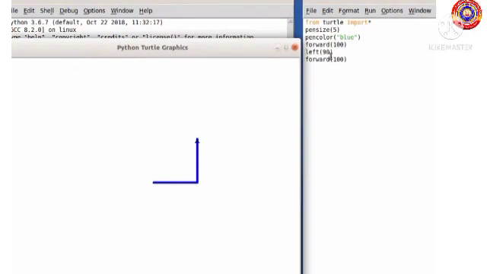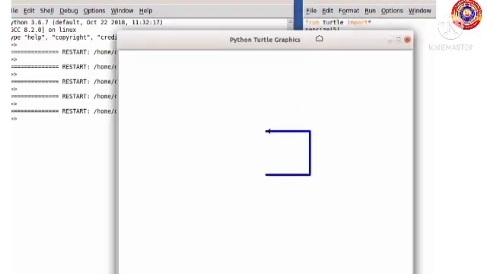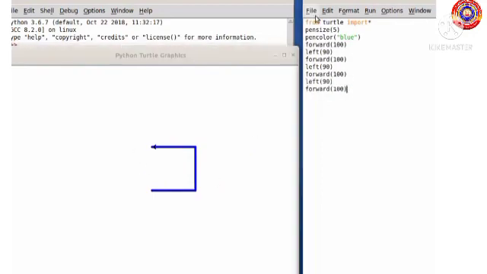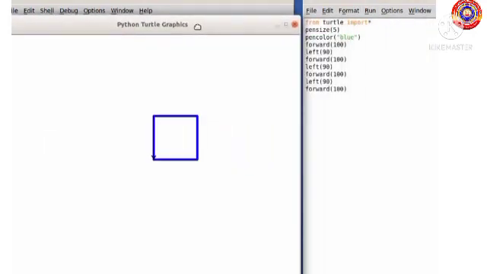Now, again we have to turn the turtle to the left and give the forward command. Here we can use the copy paste option to copy these commands. Note that we have used the forward command thrice. So we will get 3 line segments. Now we need one more line segment to complete the square in the left direction. So again we paste these left and forward commands, save the program and run it. See, we got a square.